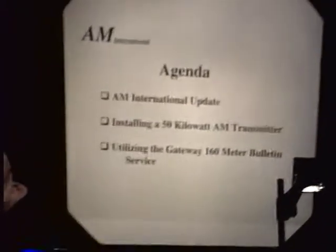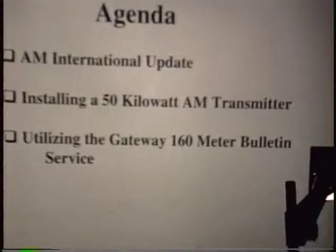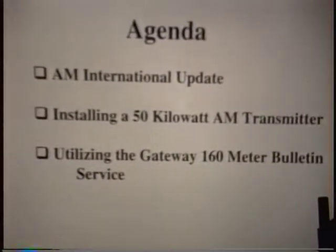Now, some of you may have seen in the program that we expected to have Tom K1JJ with us to talk about what's been happening in the northeast with QRP rigs. And Tom's mother, who's advanced in age, was a reason for him to stay home. I don't know exactly what the issue was, but I don't think it was serious. But we decided maybe we made a mistake going with a low power option, so we decided to fail on the other side. And Tim, WA1HLR, is going to talk from some pictures that he took on the installation of